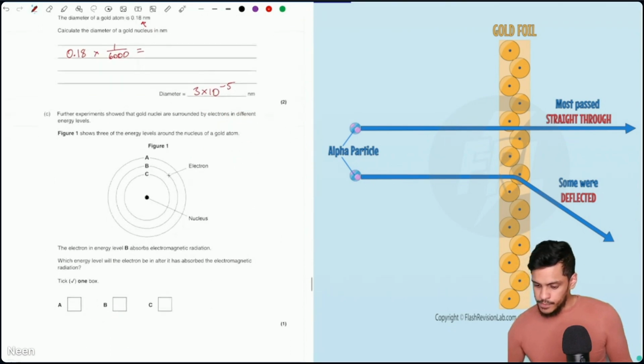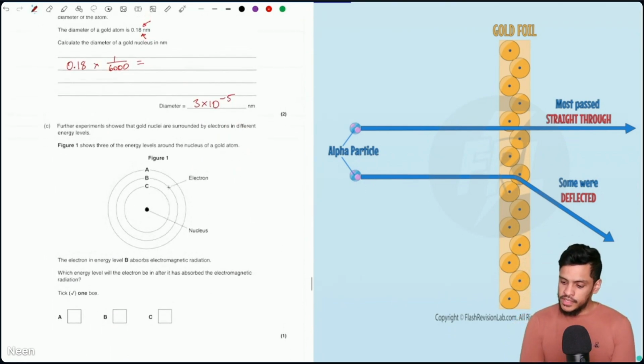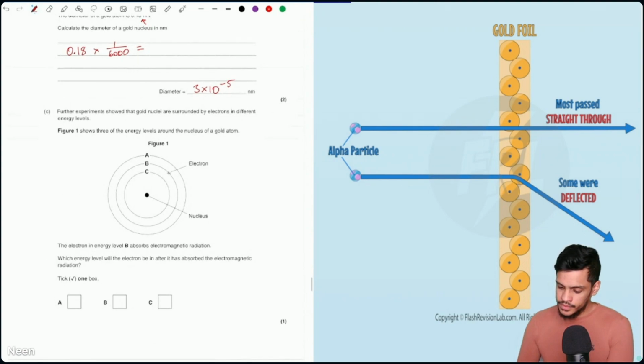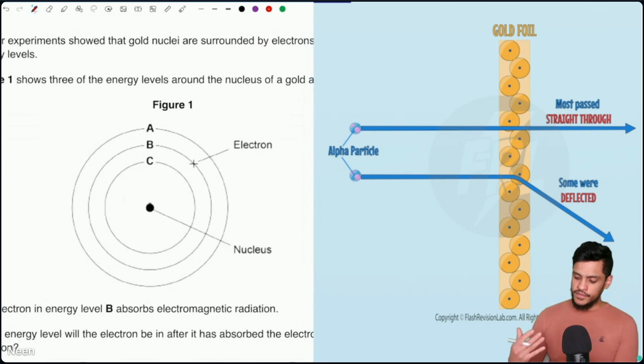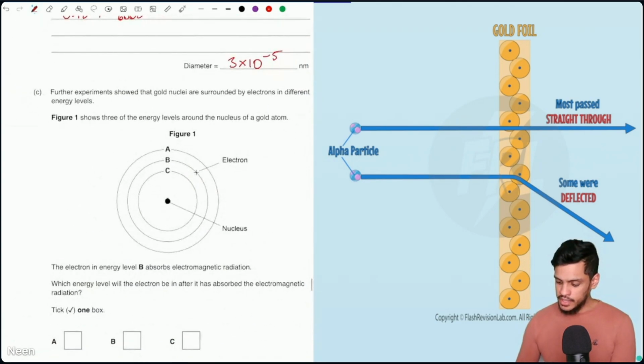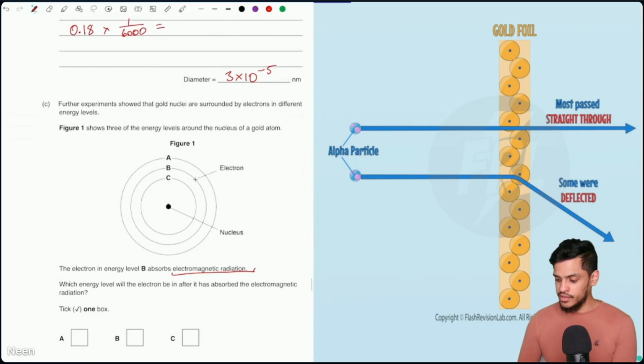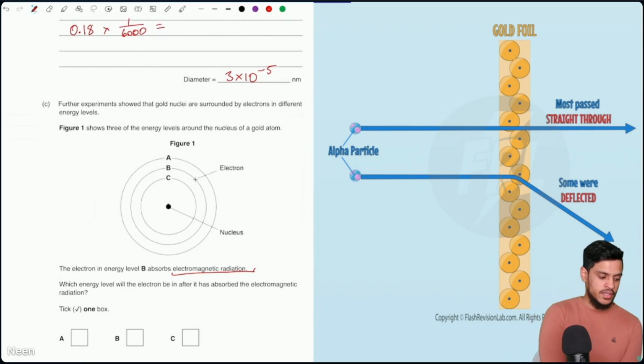Okay, next question. Further experiments show that the gold nuclei are surrounded by electrons in different energy levels. Figure 1 shows 3 of the energy levels around the nucleus of a gold atom. The electron in energy level B, so that's basically, energy level is just another word for the shell, okay? It's in the second shell. It absorbs